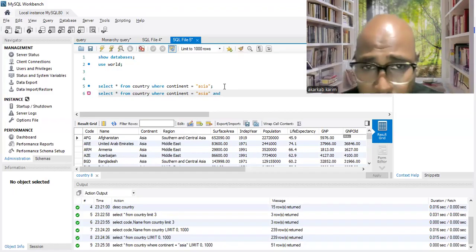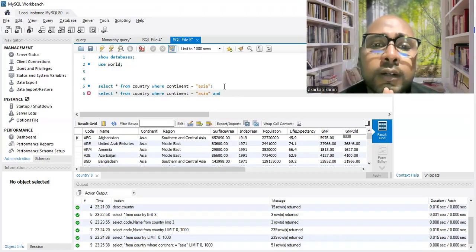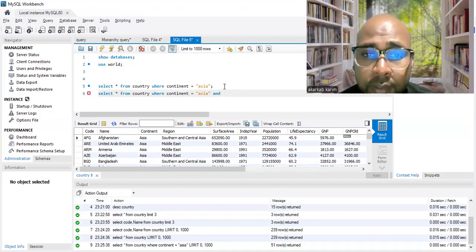We have also the clause AND. If we want two conditions, and a match between these two conditions, at this time we have the ability to write this clause AND.